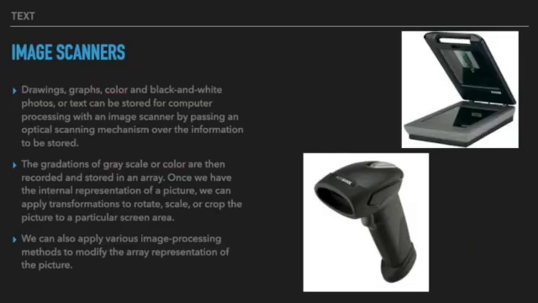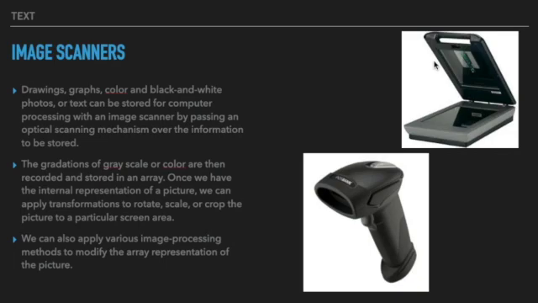Okay, next one is image scanners. Here are some examples of image scanners. I think you have seen scanners. Handheld scanners like barcode scanners, or flatbed scanners, are some types of image scanners. Drawings, graphs, color and black and white photos or text can be stored for computer processing with an image scanner by passing an optical scanning mechanism over the information to be